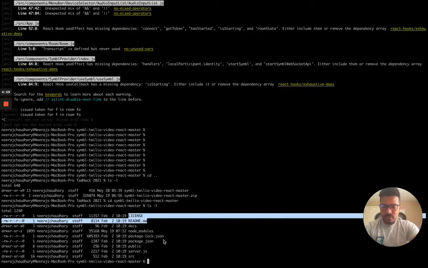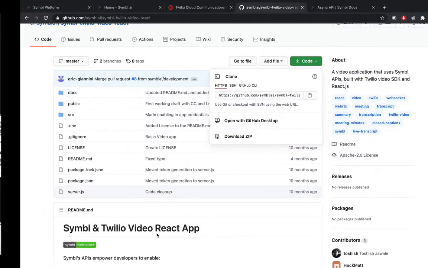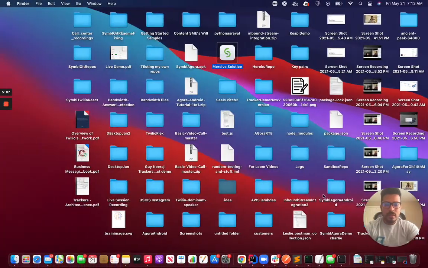Now, there's only one thing you need to do to make this up and running. You need to go to the .env file in your folder. I'll quickly navigate to the place where I have this folder downloaded on my laptop, so that you can see in the folder structure which file I'm talking about. Just give me a minute to go to that folder.